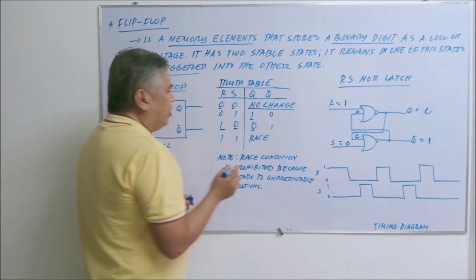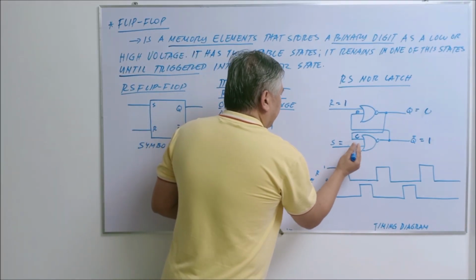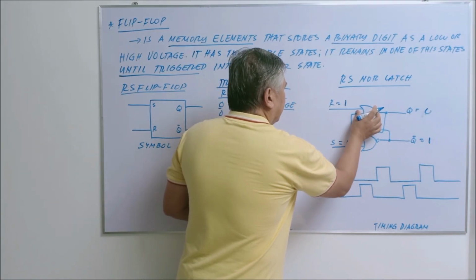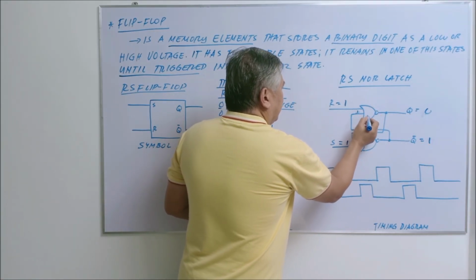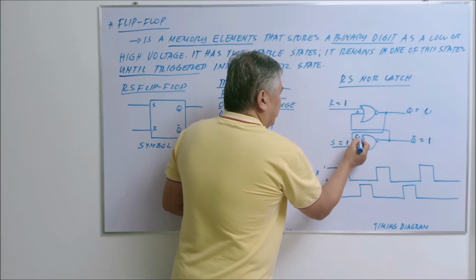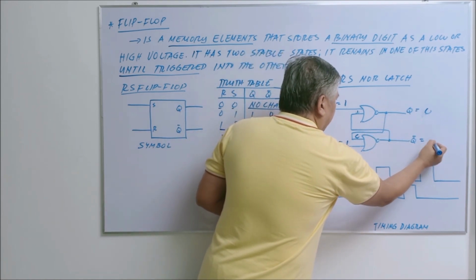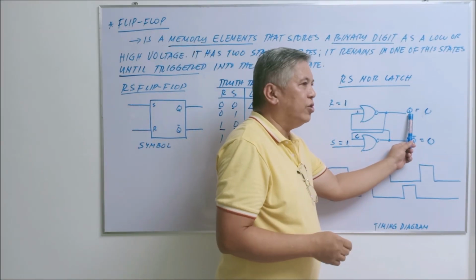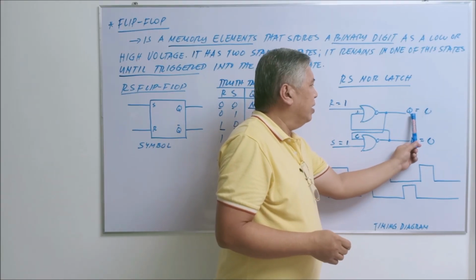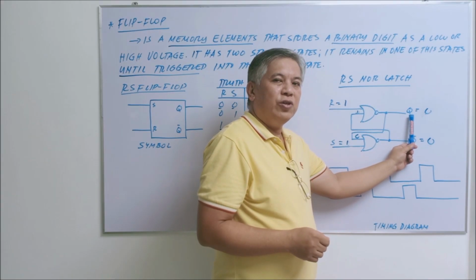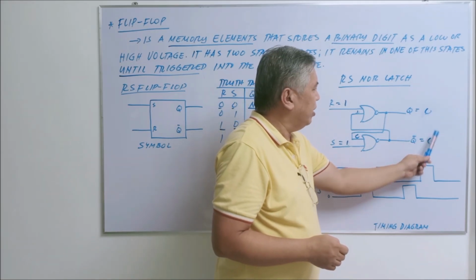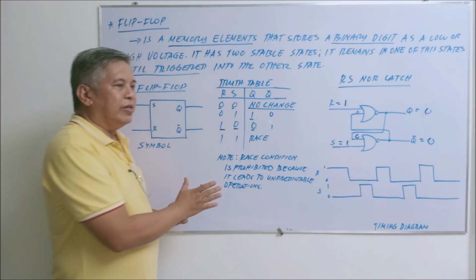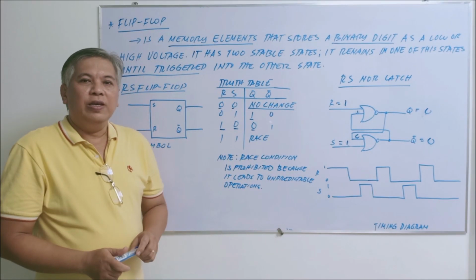Okay? However, if both inputs are 1, okay, so if you notice here that you have 1, 1, 1 is 1, invert that, this becomes 0. So 0, 1 is 1, invert that, it's still equal to 0. And this is not possible because Q bar here should have a value which is opposite to your Q, no? And this value here, 0, 0, is not possible. That is why it is prohibited. The condition 1, 1 is prohibited.